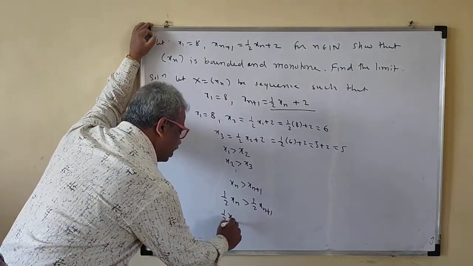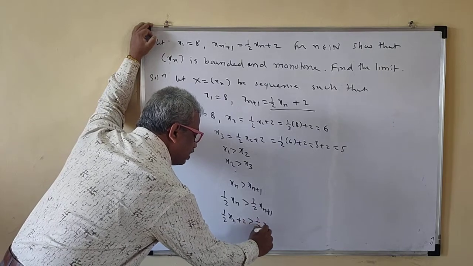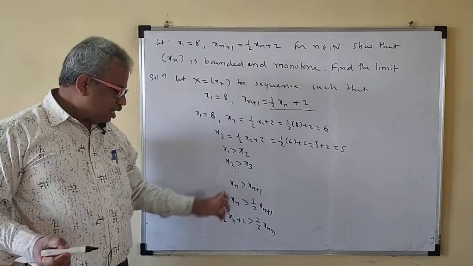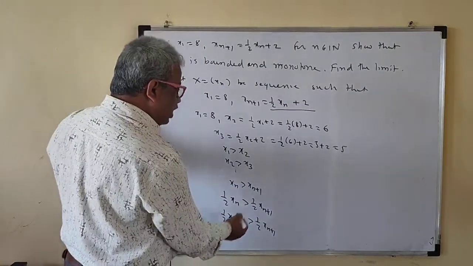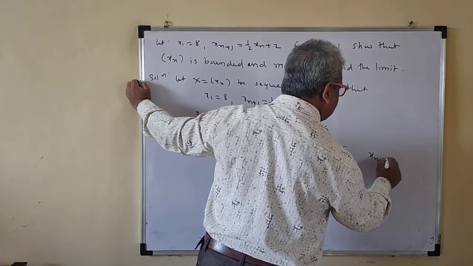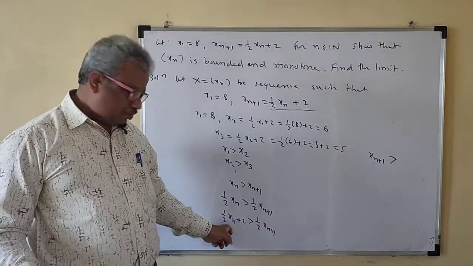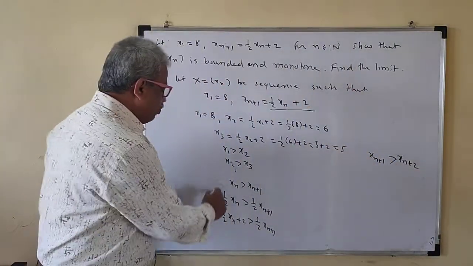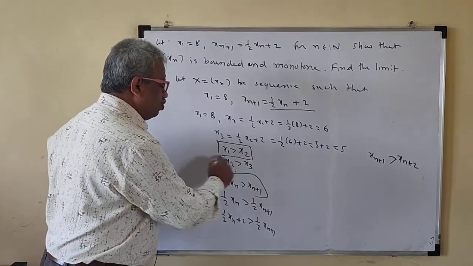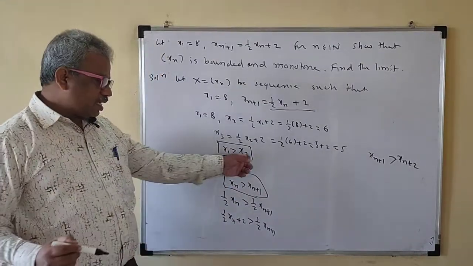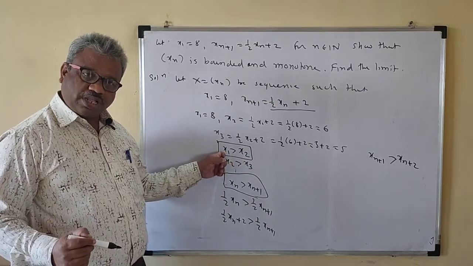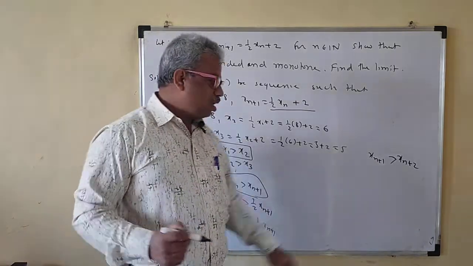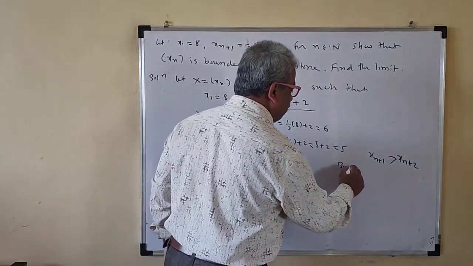So the inequality remains as it is now. So 1/2 xn plus 1. I assume that the result is true for n. Right? So what is this then? This will be xn plus 1. And this will be xn plus 2. So that means whenever this is true and x1 is greater than 2, the result is true for n equal to 1, result is true for n, and then the result is true for n plus 1. Okay? So by mathematical induction,